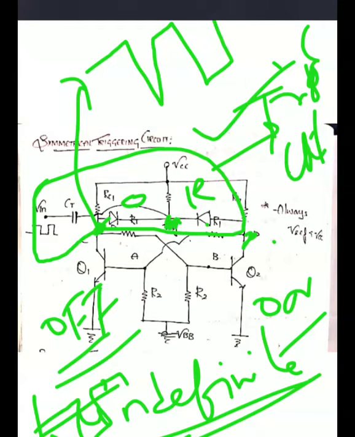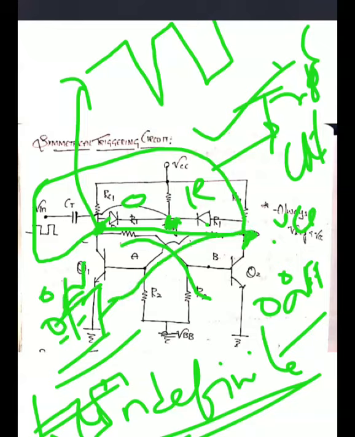Whenever we get negative spikes here, the same are transmitted to the base of the on transistor, and immediately Q2 enters off. When Q2 is off, the drop across this is nothing but VCC. Next, the same is transmitted to the base of the other transistor, so Q1 enters on. So this change of state automatically requires a negative pulse connected to the corresponding transistor.